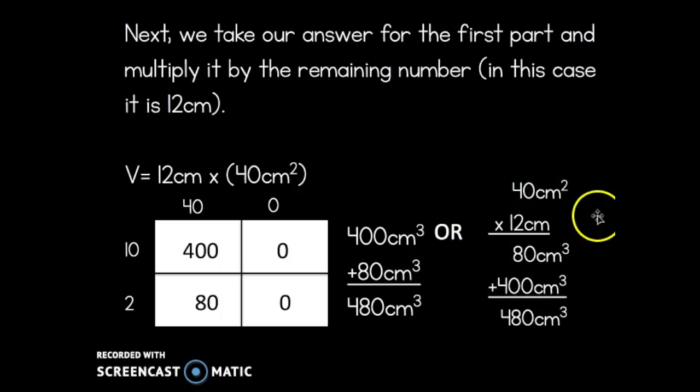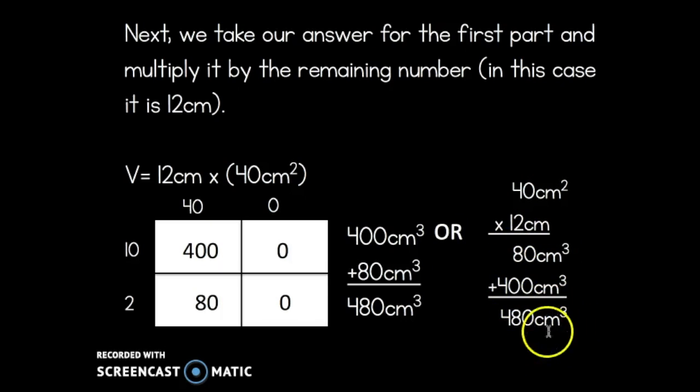On the flip side here, same idea, 40 times 12. So again, we would do 0 times 2 is 0, 4 times 2 is 8. Then we flip it down, we have to add our placeholder 0. 0 times 1 is 0, 4 times 1 is 4. And then when we add these together, we get